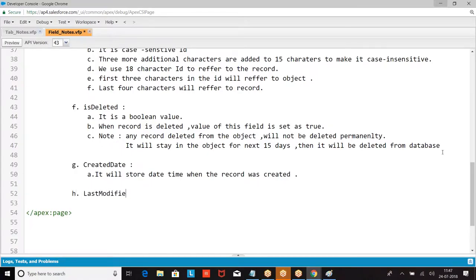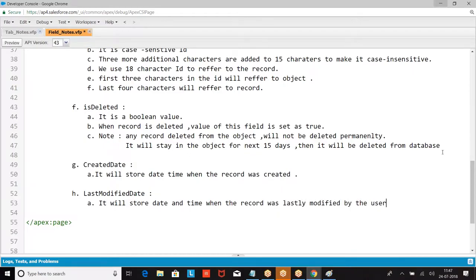LastModifiedDate. It will store the date and time when the record was last modified by the user manually.